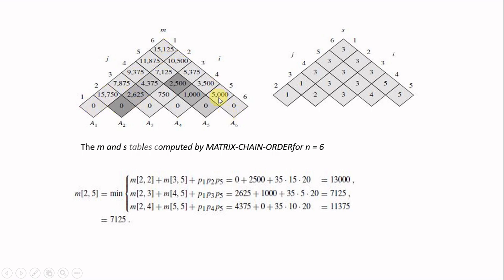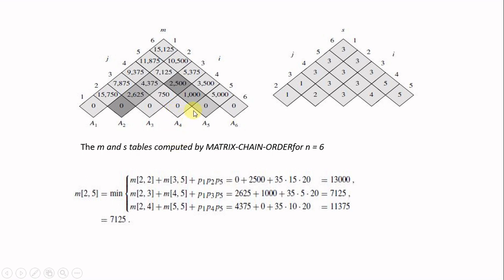So I is this axis and this is j. So 1 1, and we know that all these diagonal elements are 0. So 1 to 1, 2 to 2, 3 3, 4 4, 5 5, 6 6, all these are zeros, and we can calculate 1 to 2, then 1 to 3, 1 to 4. So if we are calculating 1 to 2, how do you calculate 1 to 2? When you take 1 to 2, that means m of 1 comma 2. There you can take k, you should choose here i not equal to j, so it is not 0.